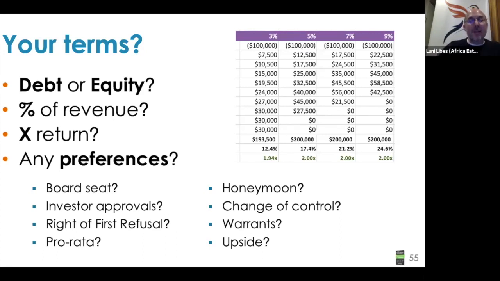So like any early stage deal, there's a whole bunch of other things to worry about. But what's novel here is that it's just a percentage of revenues and a return. And that's it. And just to be clear, this works for any company that earns revenues and ultimately eventually makes a profit. It doesn't have to be profitable to start with, because they're just using your revenues to get there. They're using your capital to get there. That's fine. Nothing wrong with that.